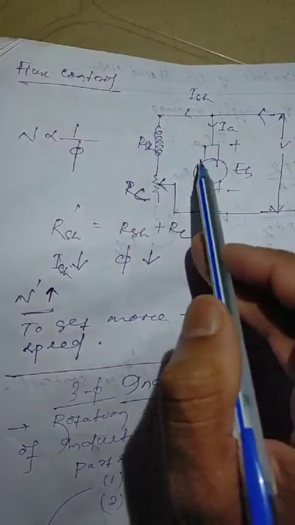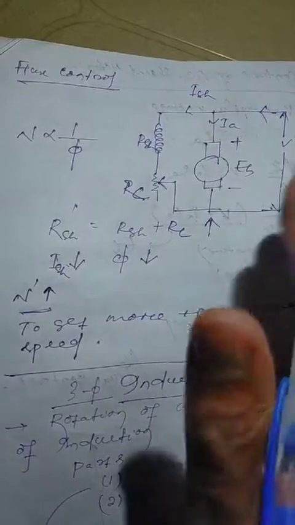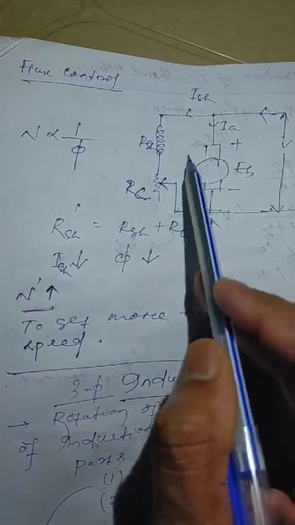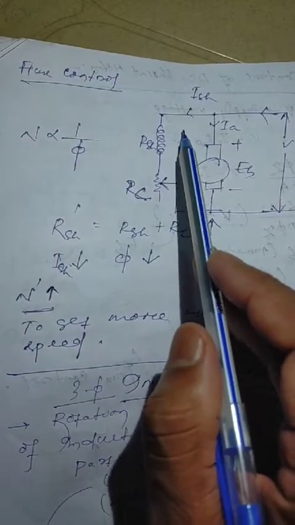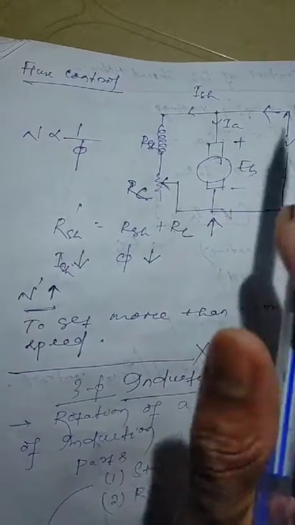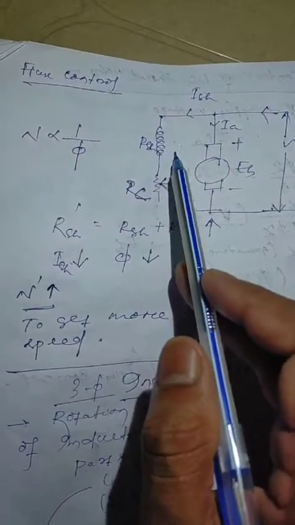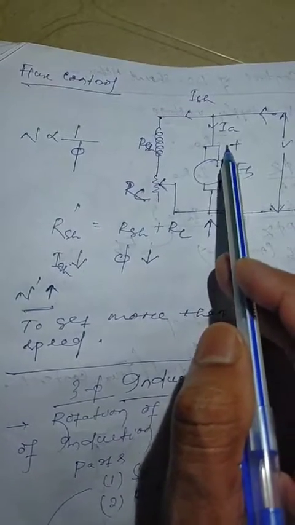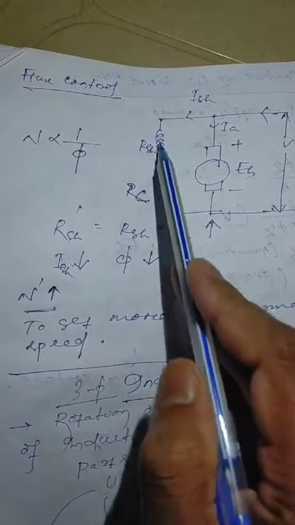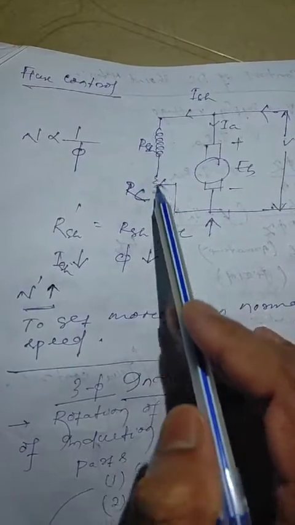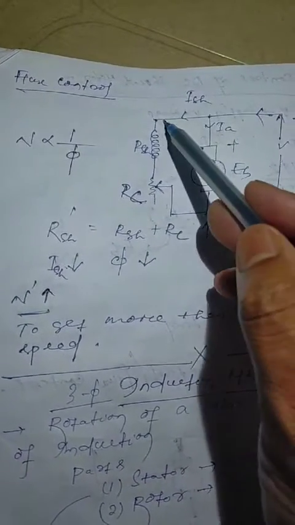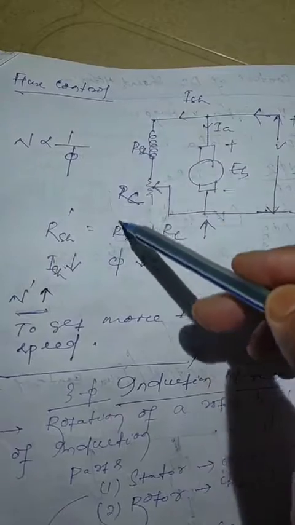The next one is the flux control method. Exactly the same process is followed here. Flux is created in the field winding, and the rotation depends on this flux. So here you have the field winding in the case of your shunt motor. Exactly like the previous case, we add a new resistance in this particular path, in series with it. Then the total resistance in this path will be increasing.